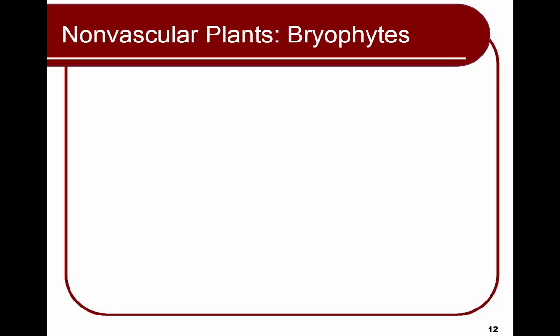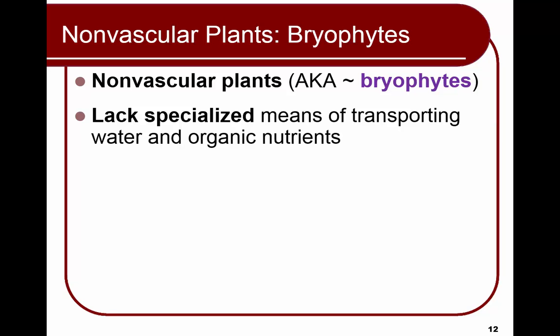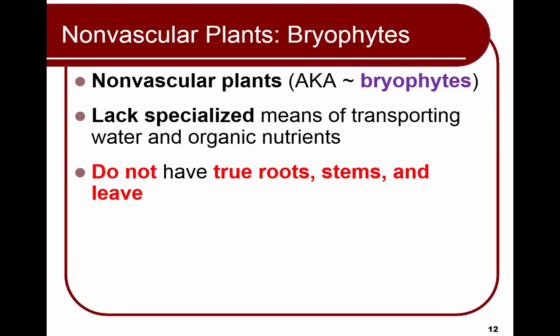Okay, we're going to start out with our first group of plants, our non-vascular plants, which are also called bryophytes. These don't have any special means of transporting water and organic nutrients. They don't have true stems or roots or leaves. You're going to see these living very close to the ground because they can't transport the water and the organic